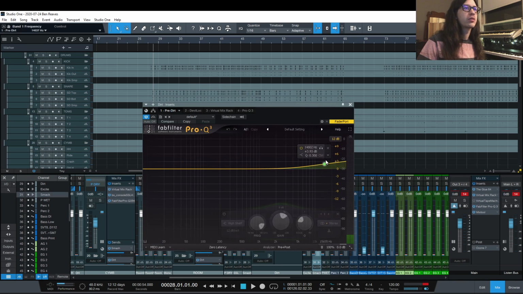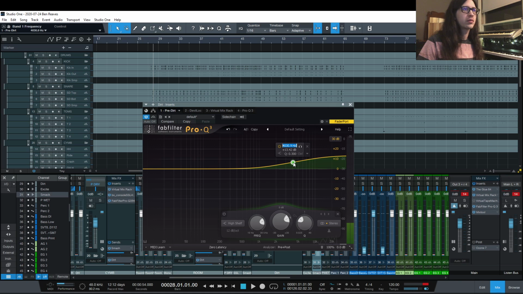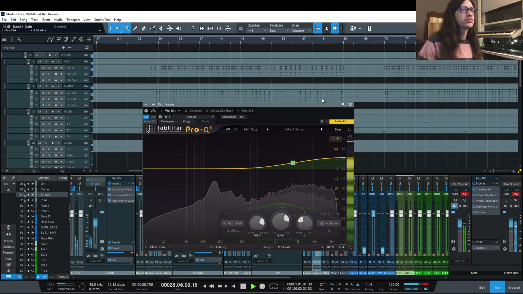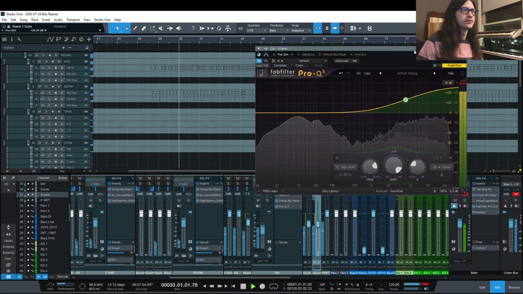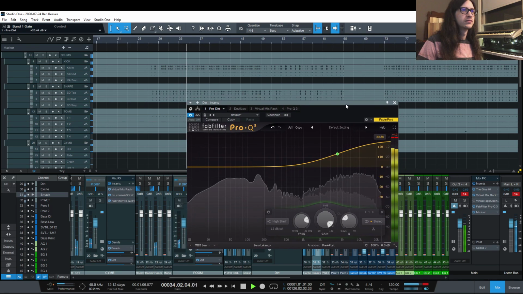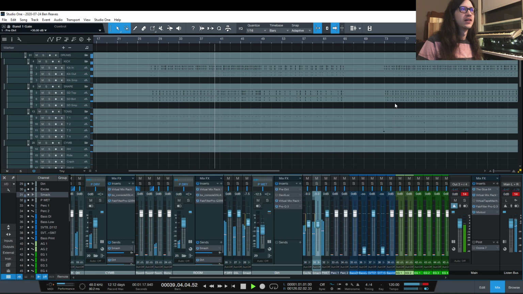And what I want to do with this is take a shelf at 4K. Let's type it in, 4K. Let's do 12 dB. Let's do more. So we're like maxing out the gain range of Pro-Q. But what we're gonna do later,